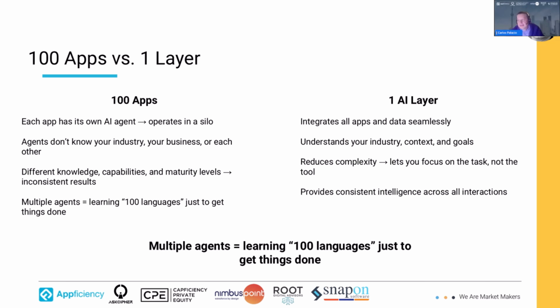Thank you, Johnny. And that allows me to explain a little bit of one layer versus 100 apps and why it's so important. Let me paint a little picture, based on some research back in 2022, and the numbers right now are quite different, unfortunately. SMBs currently have on average 172 applications. That is something that your organization needs to learn. Each of your employees interacts with a big portion of those applications. So that's why we said 100 apps.